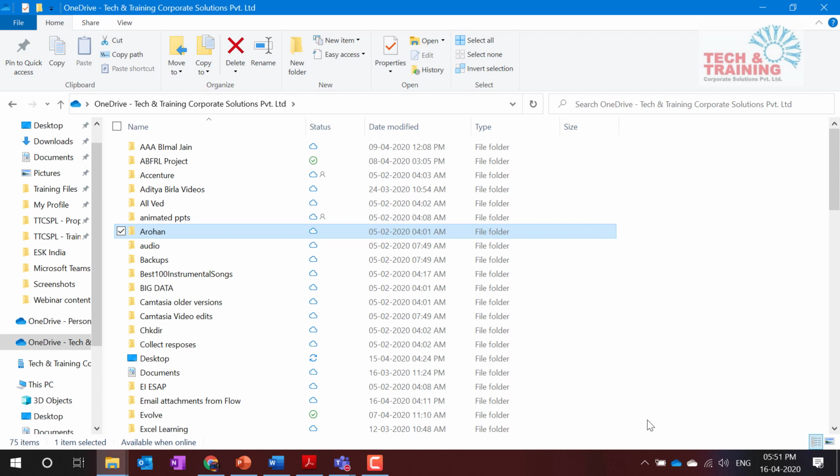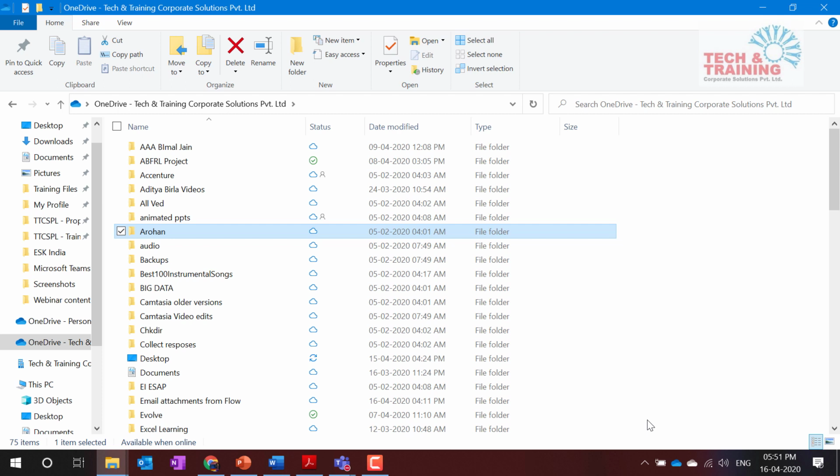Next thing, once we talk about backing up the desktop, let me ask you one more question. My laptop has got only 256 GB, but Office 365 provides 1 terabyte of space. Don't you think, if my laptop has got 256 GB, how can I make use of 1 terabyte? Or what is the use of having 1 terabyte of space? So now I'm going to talk about how you manage files and folders.